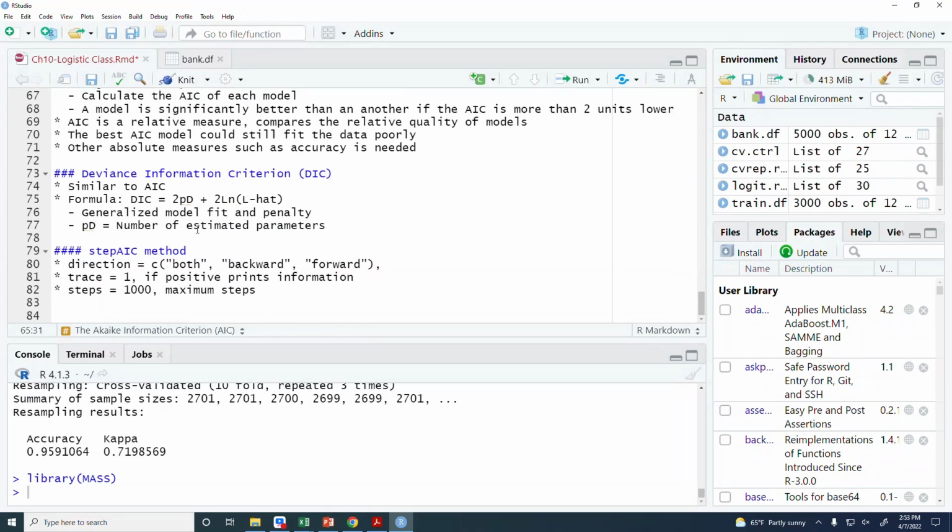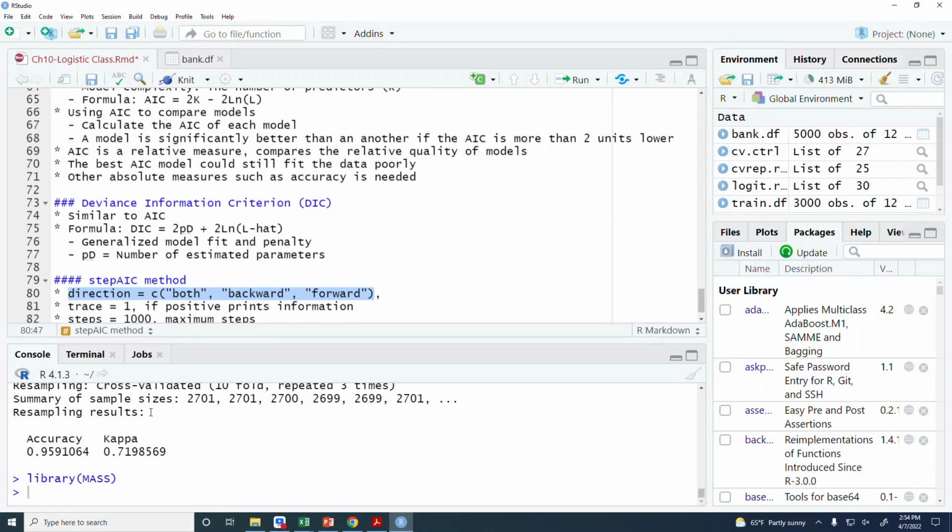Okay, and the MASS library has this stepwise, because we've seen this before. It has the stepAIC method, and then you can do forward selection or backward elimination or both. Okay, so